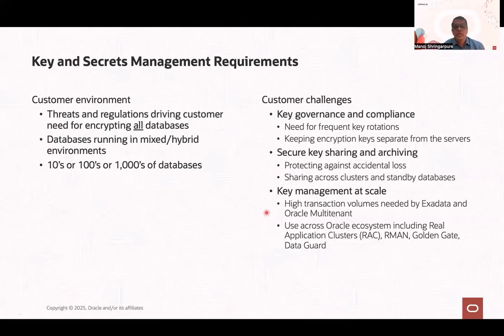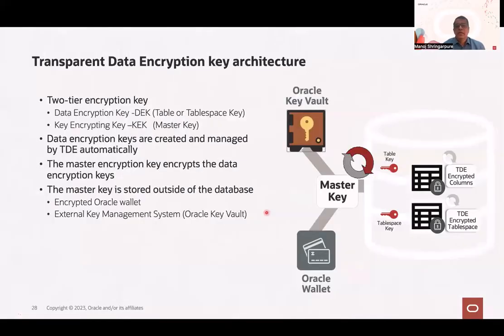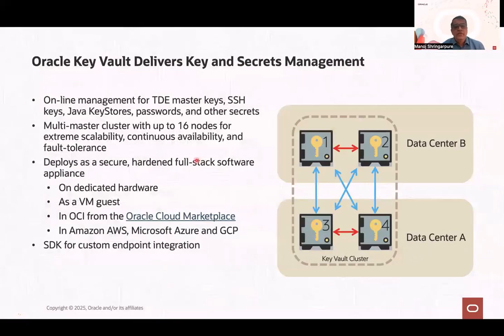So when you take away the keys and put them somewhere else, the network dependencies will come into the picture. You would need to factor that in for a very high volume transaction environment. So the thing is to keep these keys in Oracle Key Vault instead of this Oracle Wallet. For that, we have Oracle Key Vault, which is a hardened full stack software appliance, and it